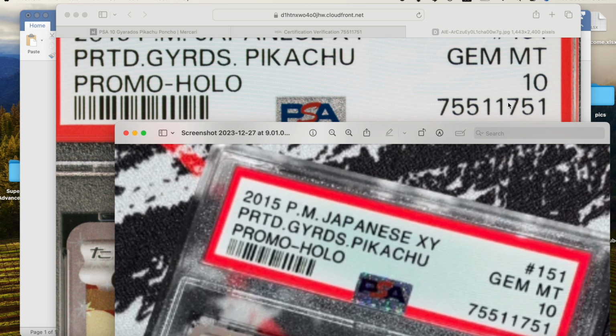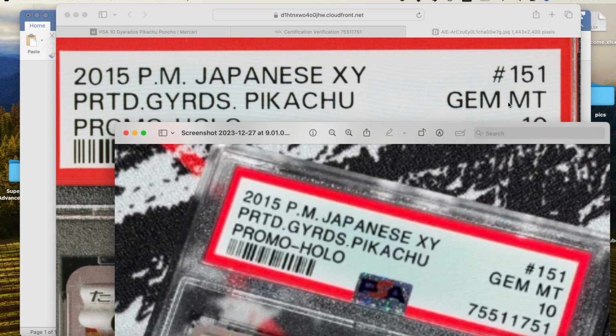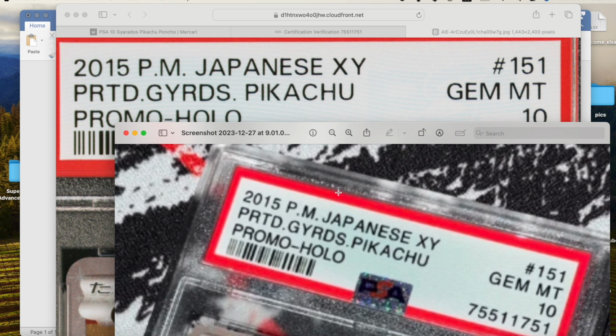Maybe from this picture you can't really tell that the font is different. So this may be a little bit bolder than this one. I think you can tell, right? So you can see here that there's a space between the dot, this period, and the Pikachu. This one doesn't have a space. There's no space here, right? So you can tell that